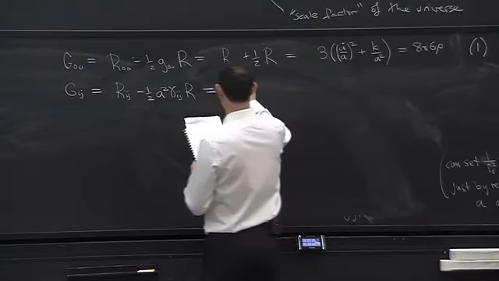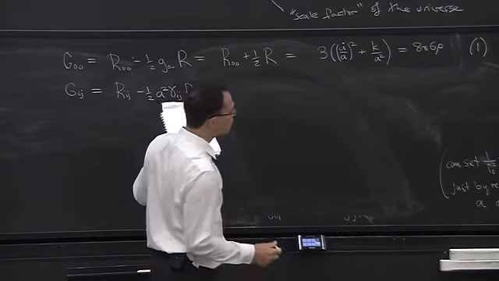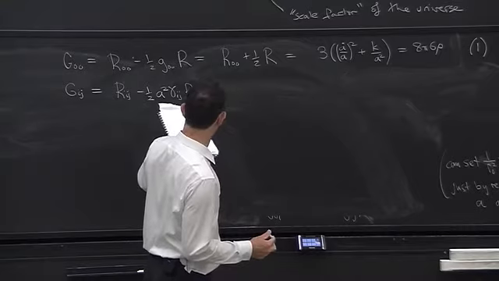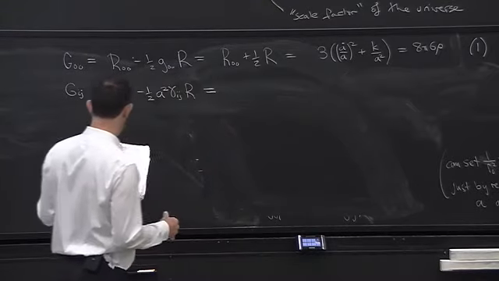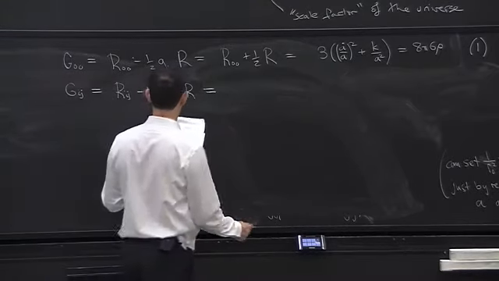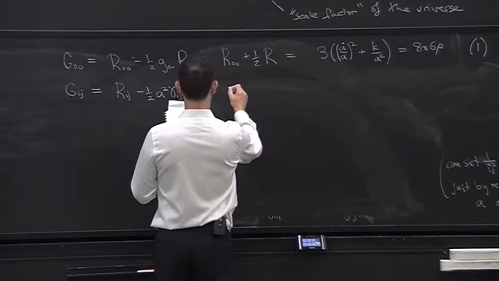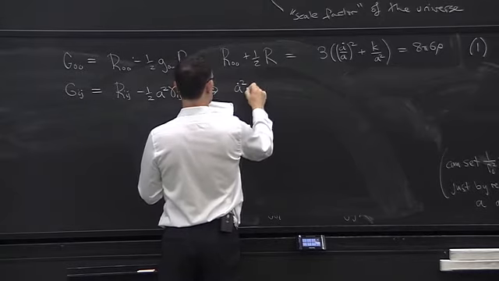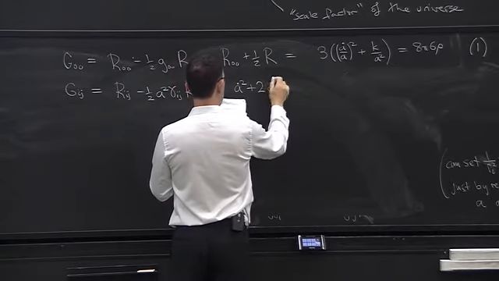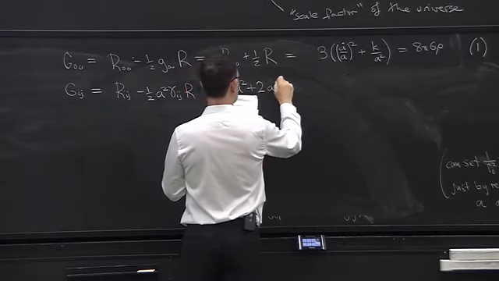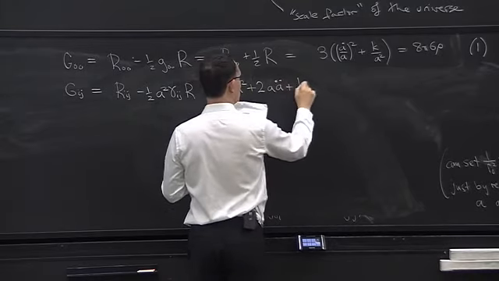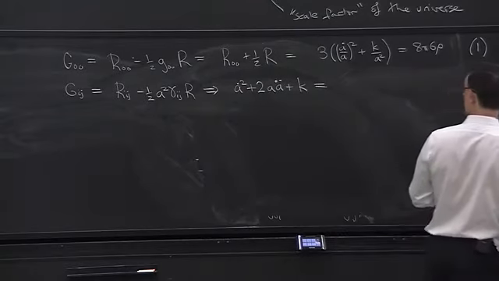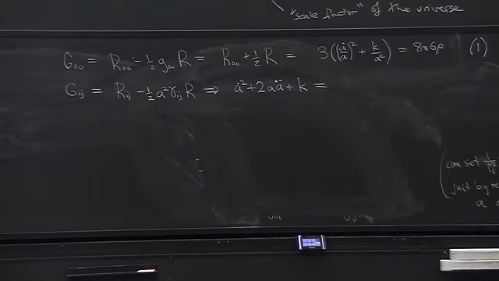And so if we work this out, the Ricci scalar involves 6k. So we get 2k minus 3k. And it turns out this gives us the following. I'm not going to keep track of the numerical factors. 2a double dot plus k equals, and then 8 pi G Tij,